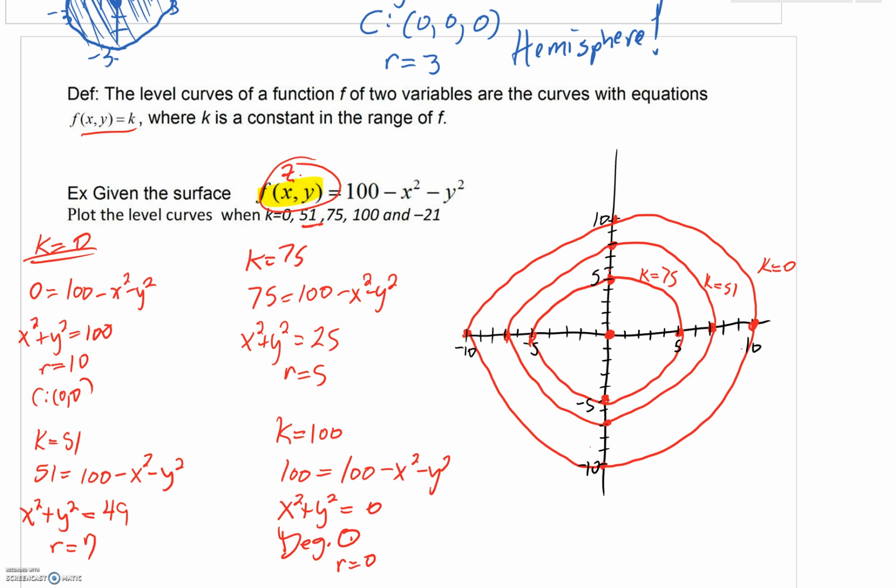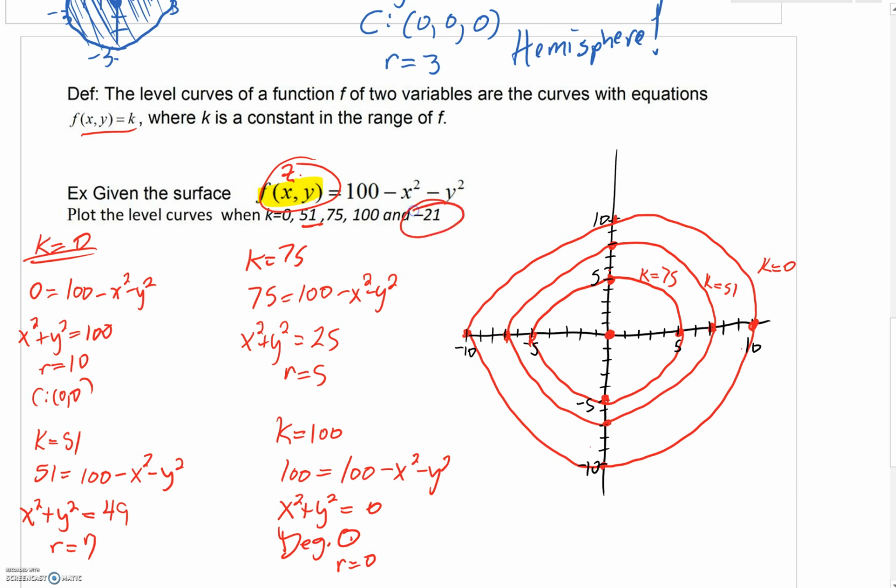One single point when z is up at 100. Wow, that's in other words saying, hey, at elevation 100, that would just be that one point. That would be the highest point on that surface, wouldn't it? So as we continue to